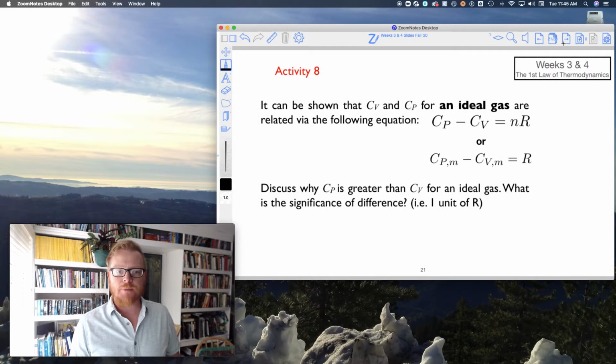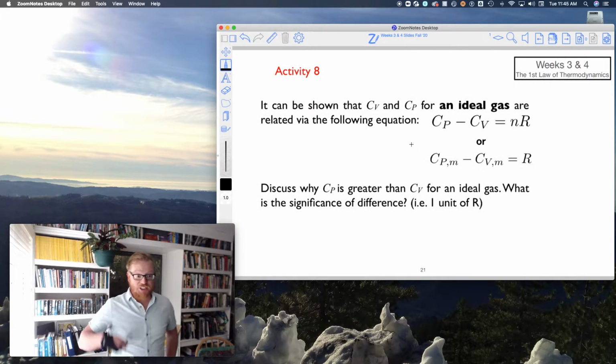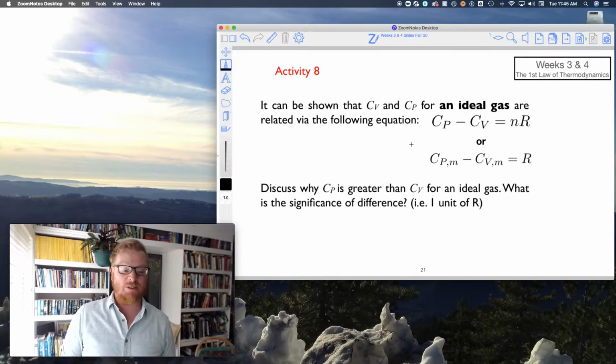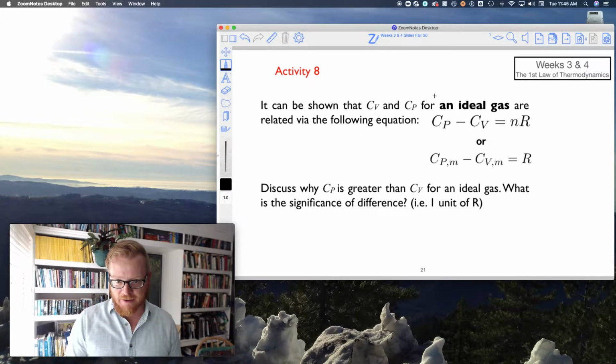Forward. So here's an activity. I just discussed how CP and CV for liquids and solids are very, very similar. However, I'm not going to show this derivation, at least not yet, but it can be shown that CP minus CV equals nR, or CP minus CV just equals R, which is really cool. Or another way to think of it,